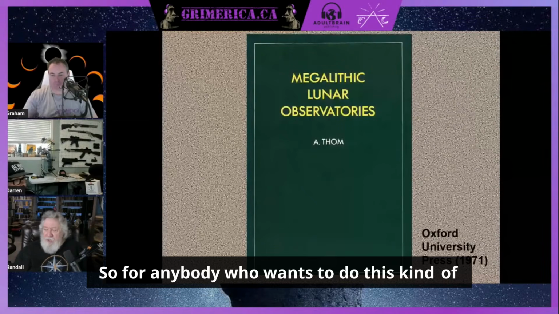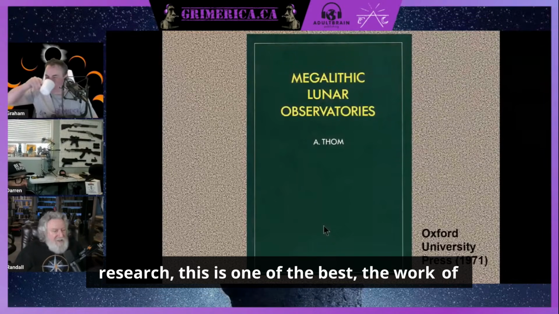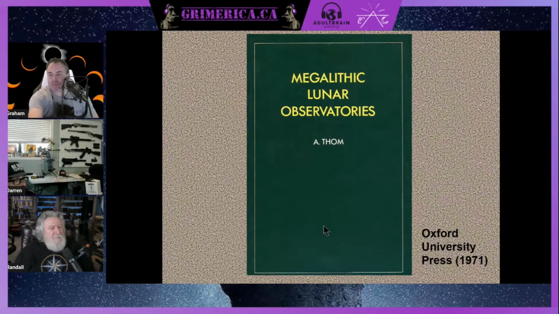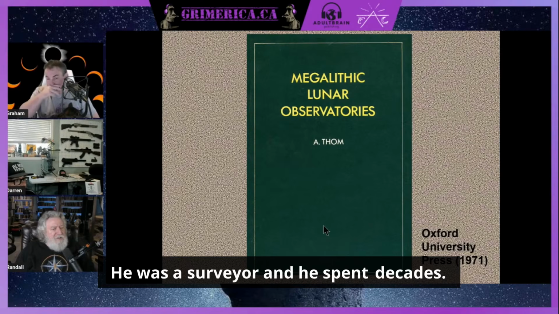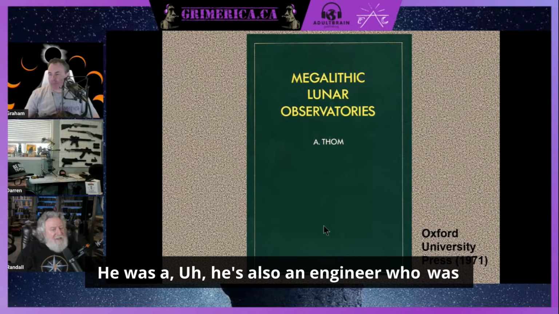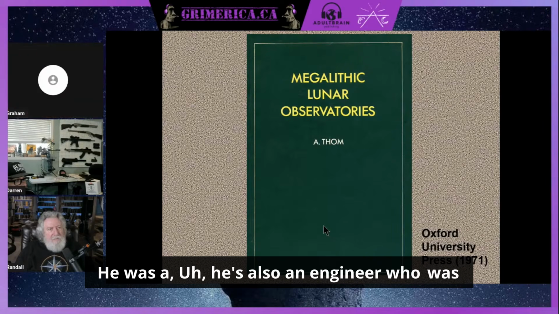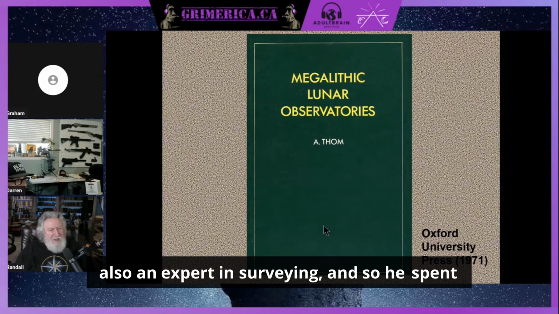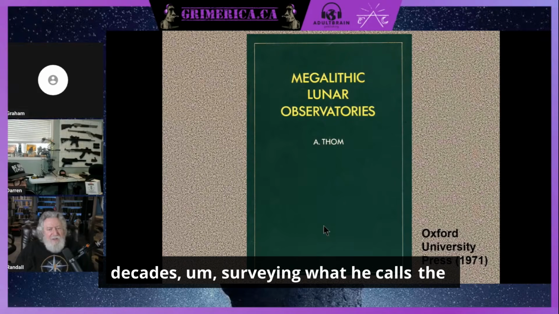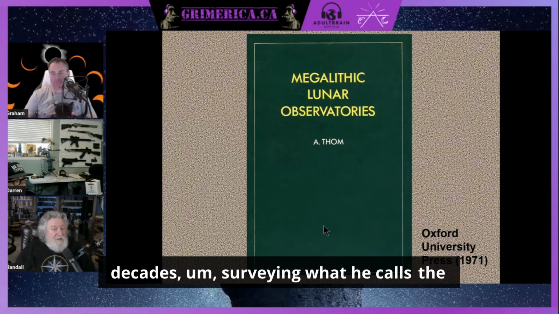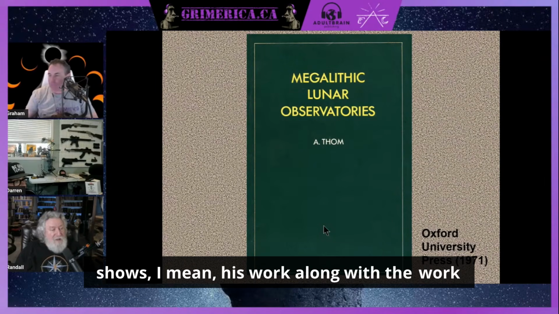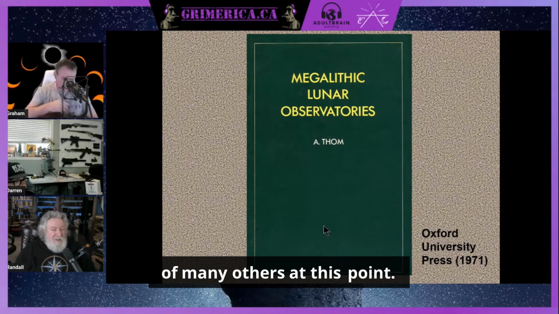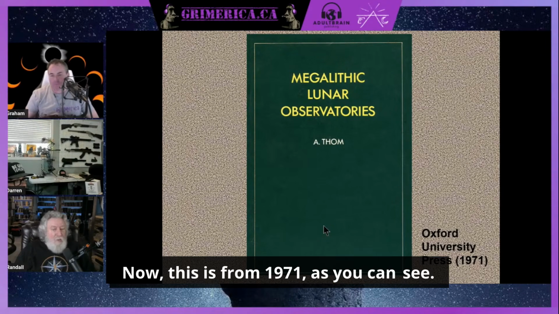All right. So for anybody who wants to do this kind of research, this is one of the best, the work of Alexander Thom. And this is his work. He was a surveyor and an engineer, and he spent decades surveying what he calls the megalithic lunar observatories, which shows, along with the work of many others at this point, and this is from 1971, as you can see,